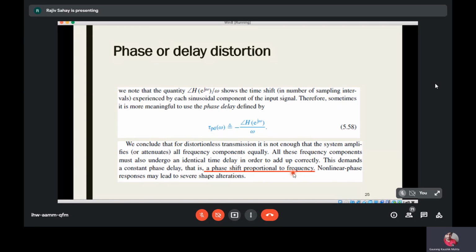Okay, it is not a DC line. It is not a DC line. So it shows that the phase response is proportional to frequency. So the phase shift for each frequency will be different, such that the phase delay or the phase offset for different sinusoids or different frequencies will be a constant.